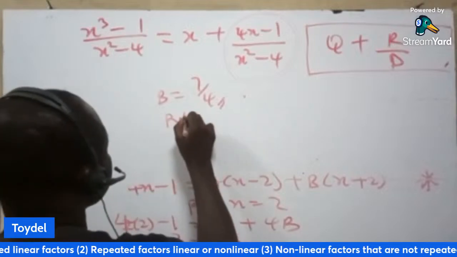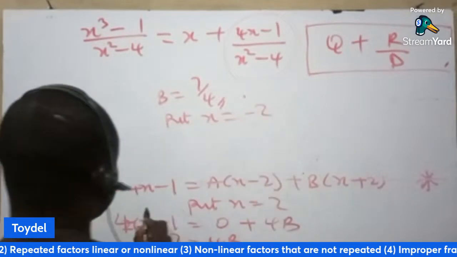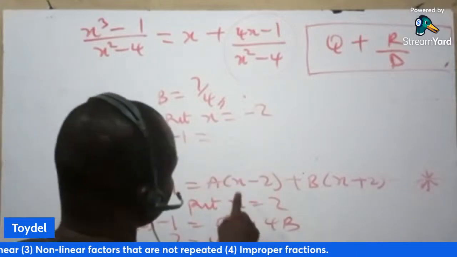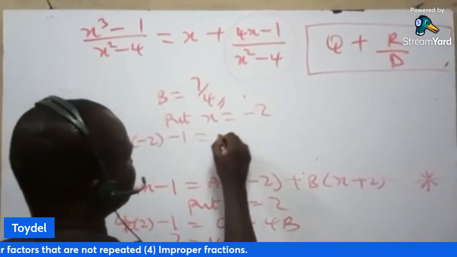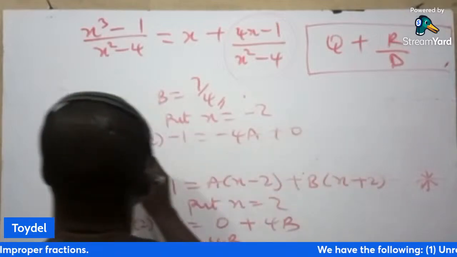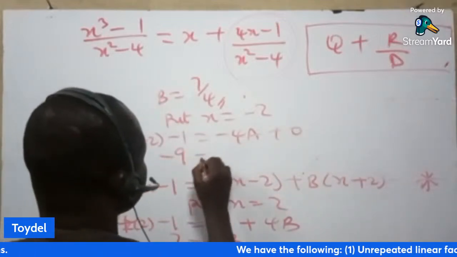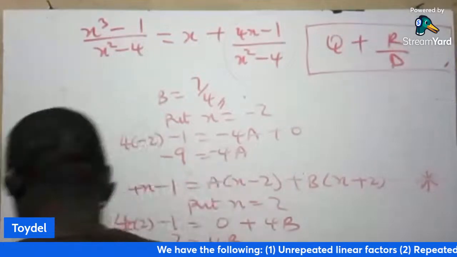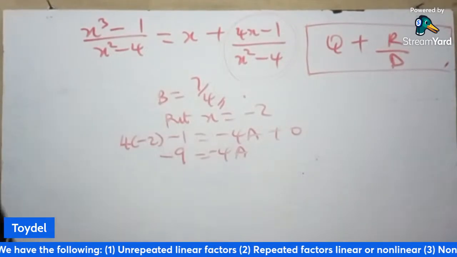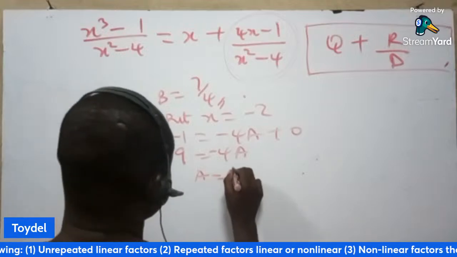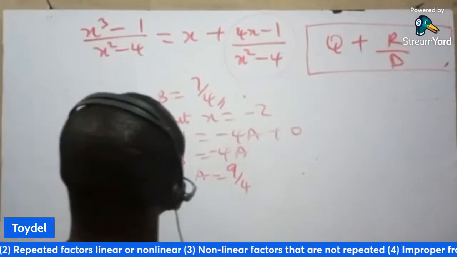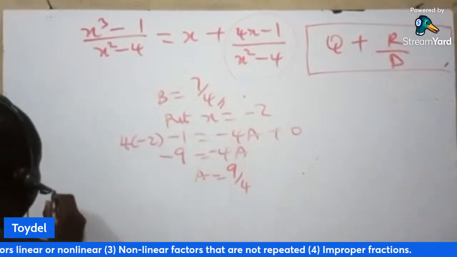Then we also say put x is equal to minus 2. If x is equal to minus 2, I'm going to have 4 into bracket minus 2 minus 1 to be equal to, if I put x equal to minus 2 here, I'm going to have minus 4A, minus 2 plus 2, this one will vanish, plus 0. This will give me minus 9 to be equal to minus 4A. From there, what do we get? A is equal to 9 all over 4. So A is equal to 9 all over 4 and B is 7 all over 4. So therefore,